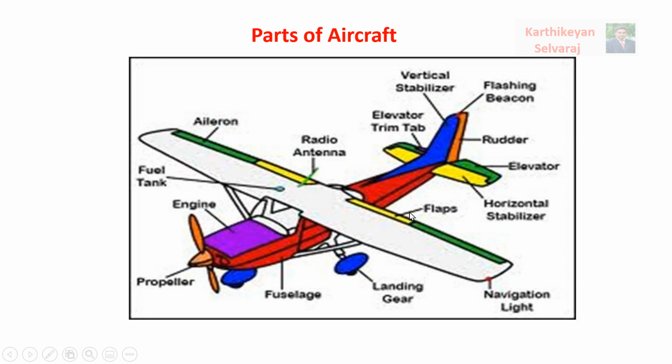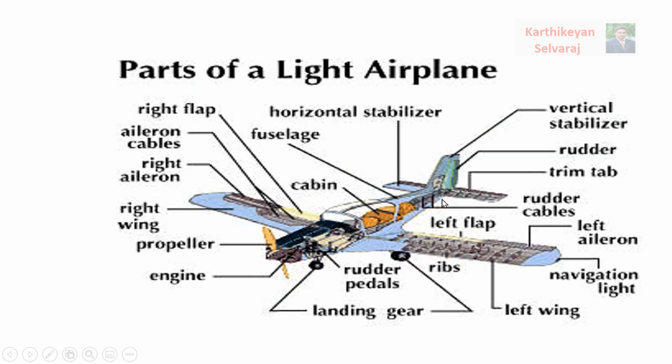So this is the lighting system they follow for the aircraft, and for communication they place a radio antenna on this aircraft. And this is the landing gear. Other parts we already discussed in the previous slide. And here you can see the inner part of the wing section. Just for understanding I am giving this picture. In the inner part we can see the ribs and spars. Okay, the spars are not available here.